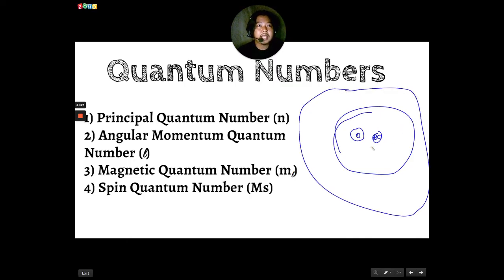siya hydrogen, let's say it's boron, no? Pwede siyang nandito sa S sublevel, no? And within S sublevel, we only have one orbital. Pwede naman nandito siya sa p sublevel with 3 possible orbitals or orientations. So at least we can pinpoint, no, the location of an electron. So it's just like an address, no, but not the exact one.